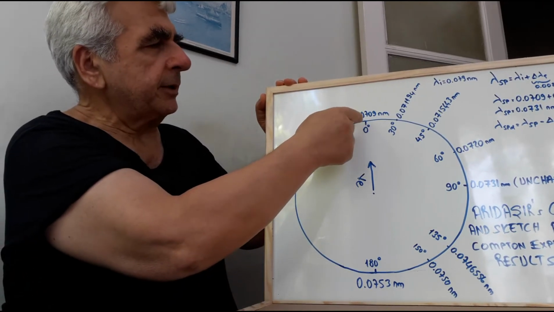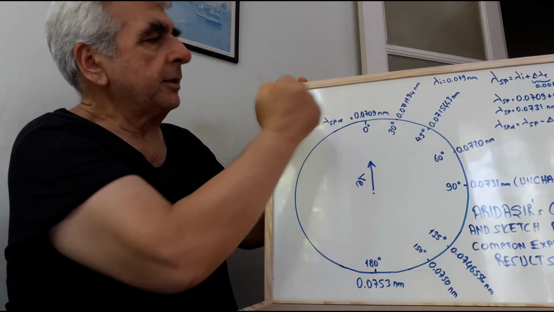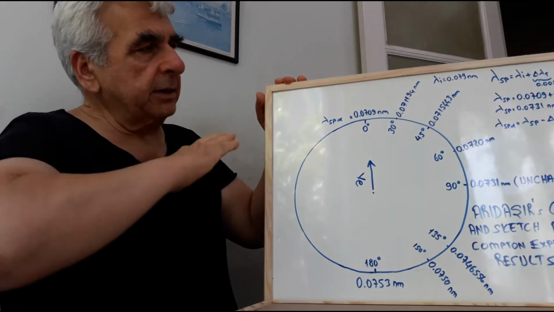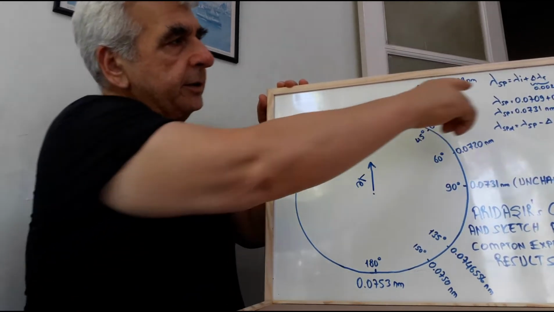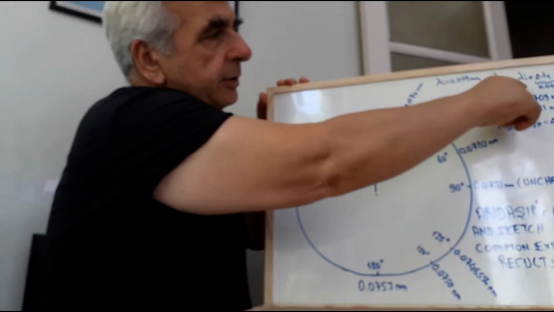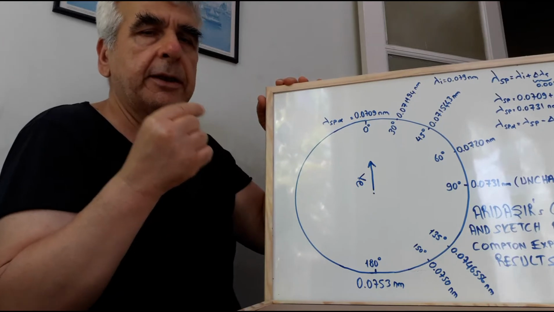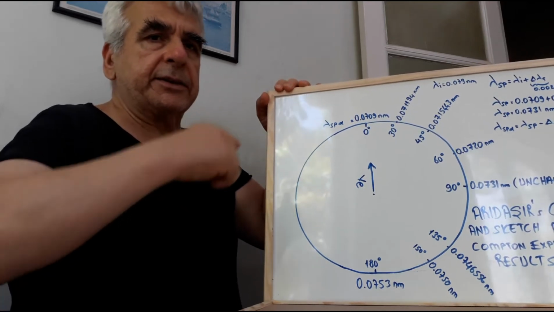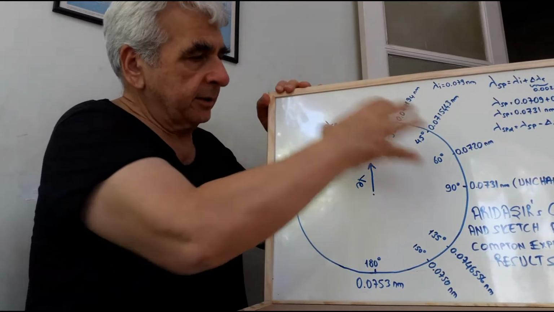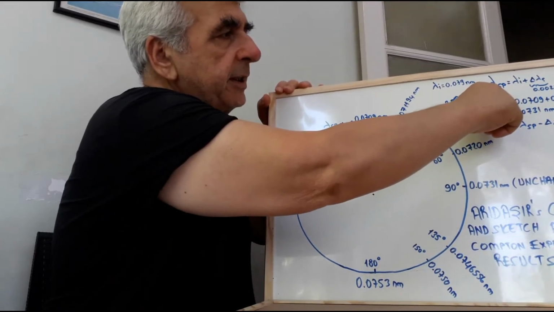Remember K-alpha, 0.0709 nanometer, but deviated as a second peak. This is the second peak, this is the initial peak. The initial peak wavelength is 0.0709 nanometer, but the second peak, this is the subject here, the second peak, lambda SP, is